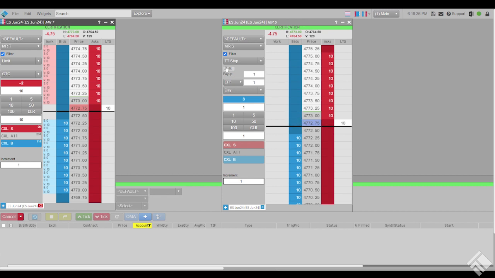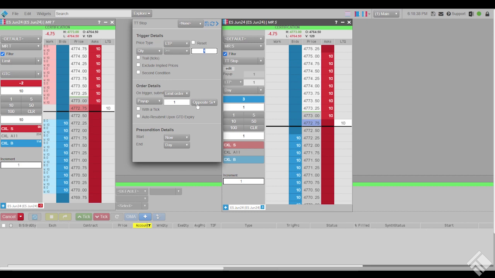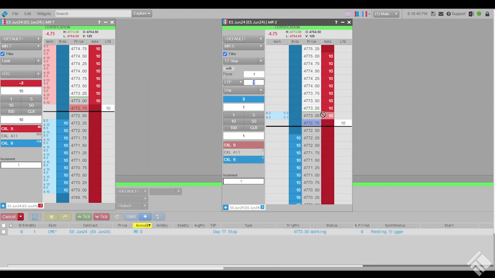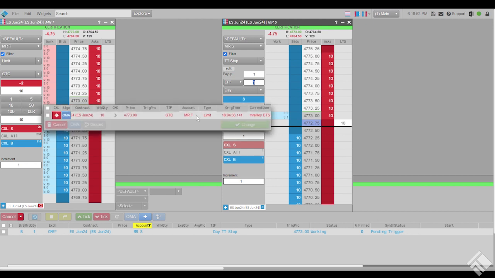Just make sure I've got this set here correctly. Pay up 1 from the opposite side. Let's say it was on the same side. So if this is triggered, we want to be 1 tick better than the best bid. I can set the order in place at a price of 73. And as that quantity dwindles,